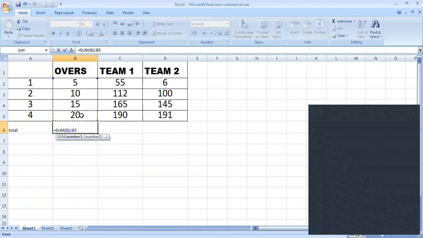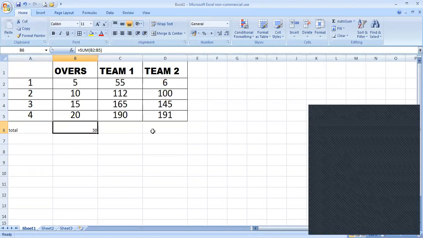Now press Enter. You can see the total of these 4 cells. The formula is displayed on the formula bar, and the cell where I applied the formula is B6, whose address is displayed here.